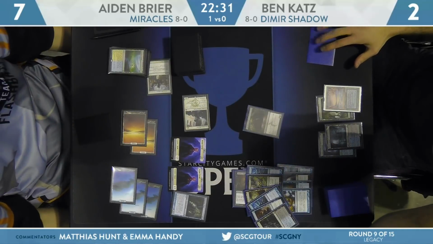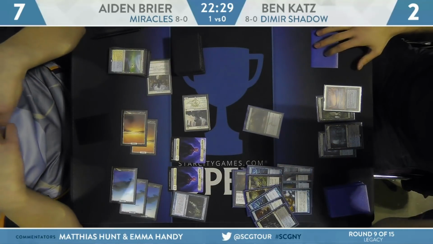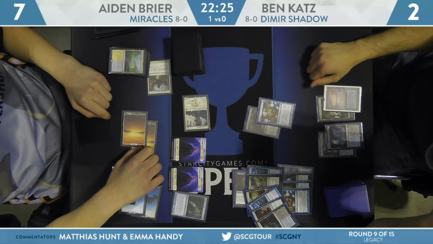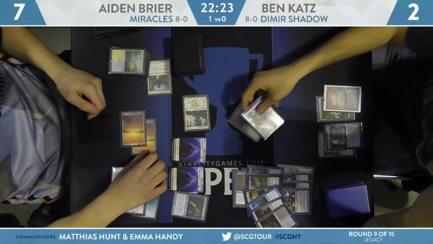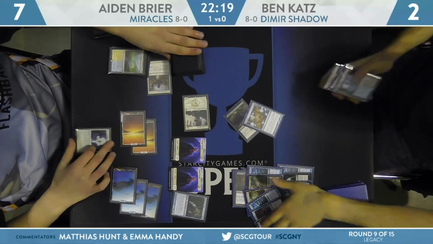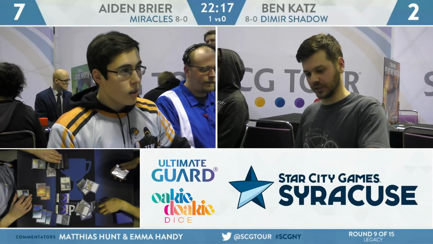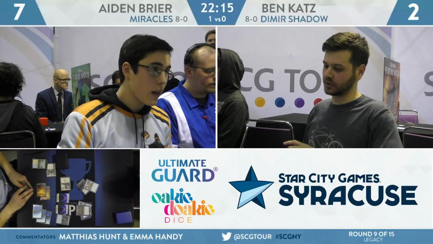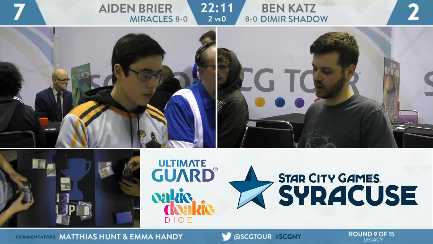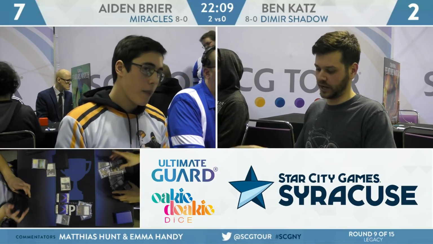Well, let's see. I mean, one card would certainly, any instant will work. Daze on Ben Katz's side won't work. He dazes, he says, this taps all your guys, right? I will make you lose all of your creatures and please lose that game. And that's going to be game and match. Aiden Brier on Miracles. He is your 9-0 player here at the end of